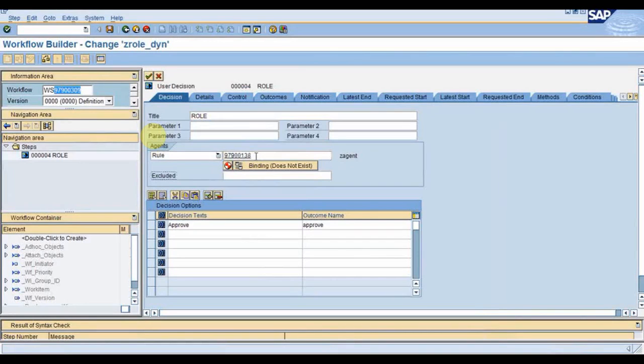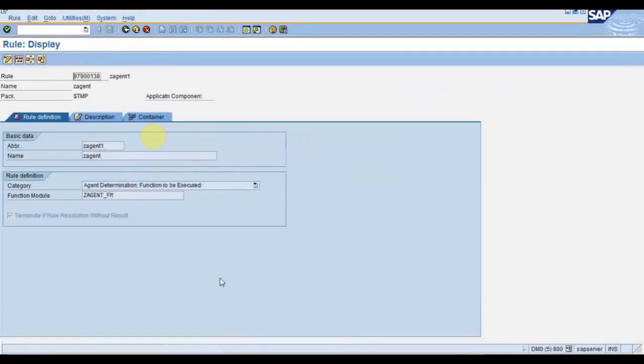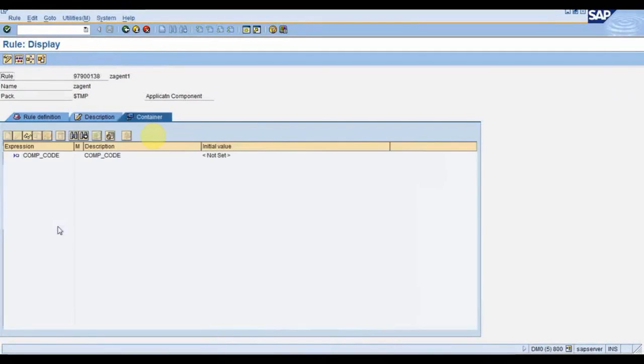As we have the workflow container and task container, similarly we also have a rule container. Where is that rule container? Let me show you. In this container tab, you can see the rule container.